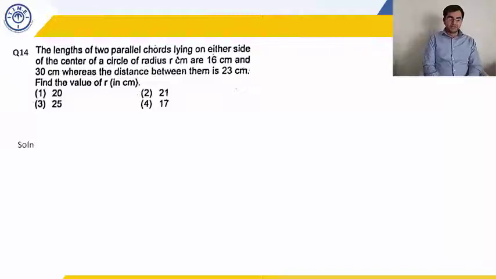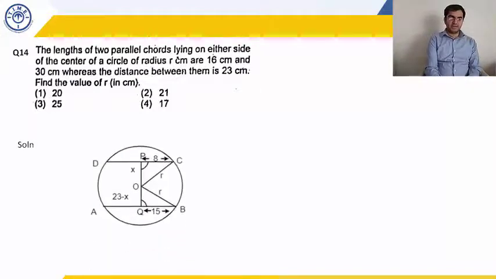That's all. So the first thing becomes making the diagram, and the diagram will look something like this. You have DC and AB. These are 2 chords of length 16 and 30 centimeters. Center of the circle is O. I join OC and OB, which are the radii. Now what I do is that I draw perpendiculars from the center of the circle to the chords. Here, you can write this in your copies. OP is perpendicular to DC and OQ is perpendicular to AB.